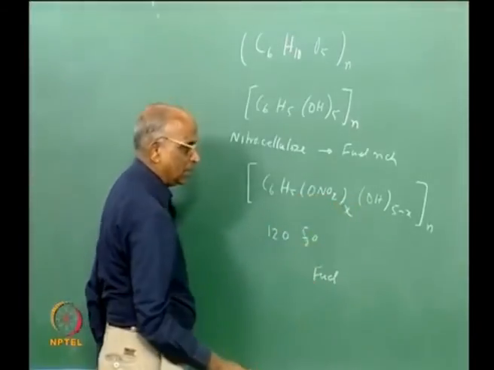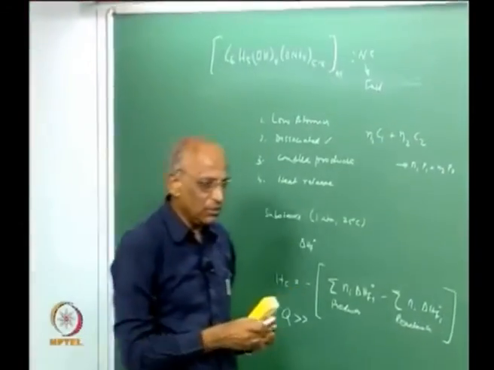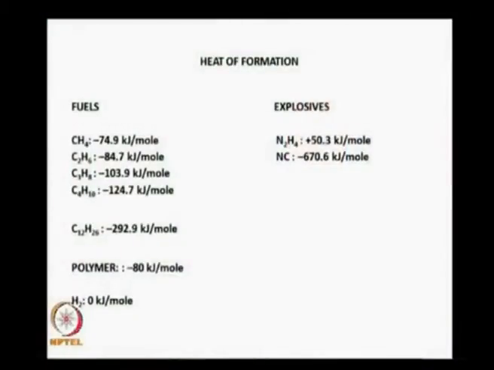And this nitrocellulose, if you were to go back and look at what is the heat of formation, it has a large negative value which is minus 670. We talked of N2H4 the other day, hydrazine, which is again an explosive, which is plus 50.3. Therefore, you have all these substances, maybe including an explosive, which could act as a fuel, and these are the heat of formation of the different fuels. Therefore, you see the heat of formation of fuels varies from a positive number of plus 50 to a large negative value of minus 670, and it would still keep varying.